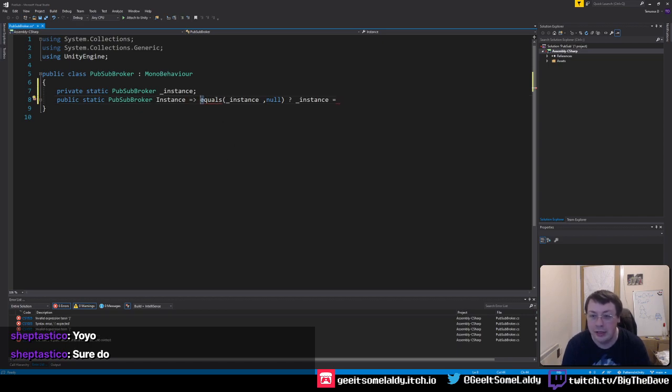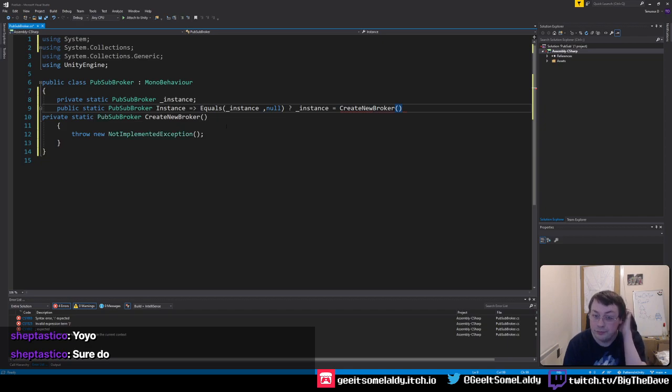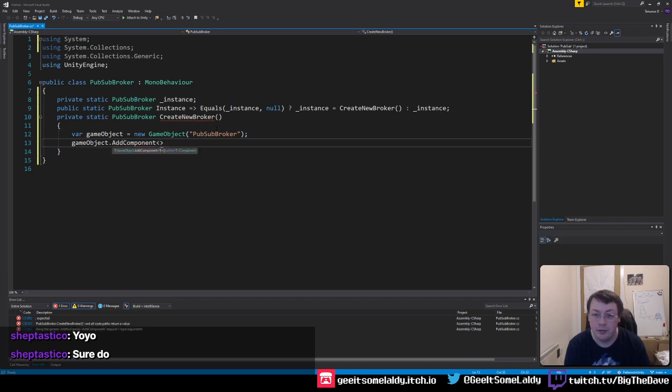okay, so what we need here actually is a way to create a new game object with this on it and return that. So we want a function called CreateNewBroker, and it's smart enough to create a static of it. So if instance is null, create the new broker, otherwise return instance. What we want to do is instance, new GameObject PubSubBroker, gameObject.AddComponent PubSubBroker,